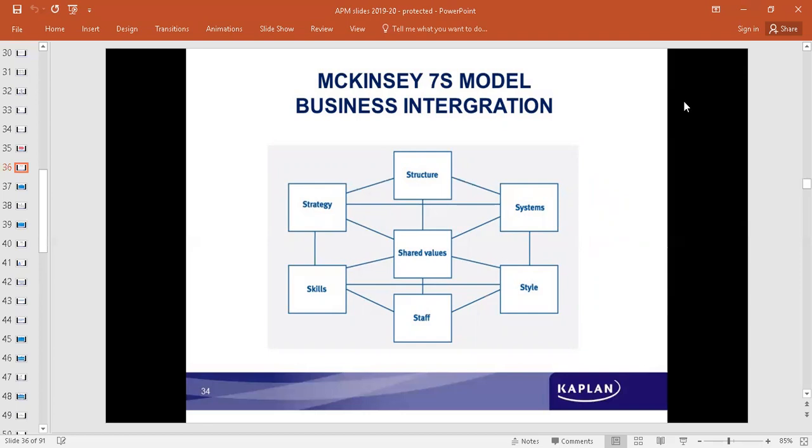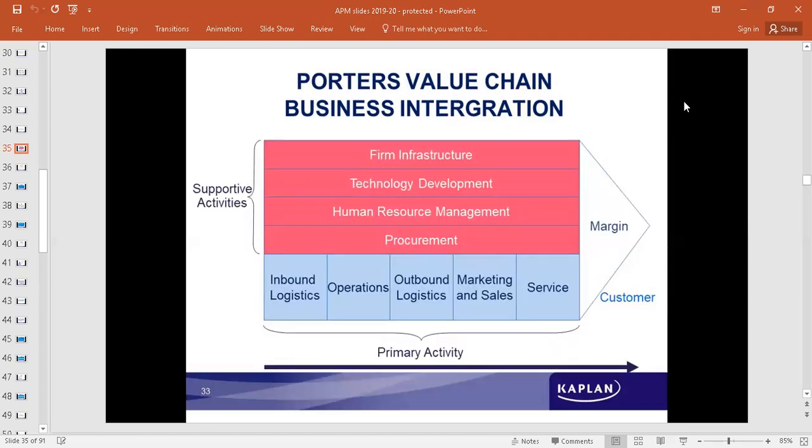We'll attempt to answer that one, at least read through from the exam kit. Okay, I'll first explain what these models are. Business integration model given by Porter's value chain